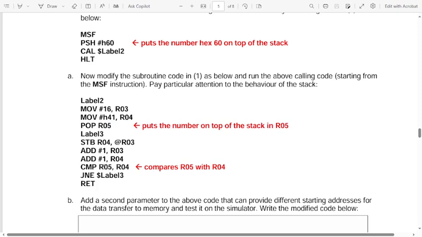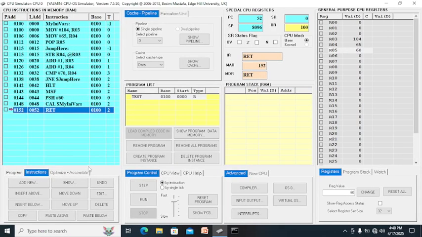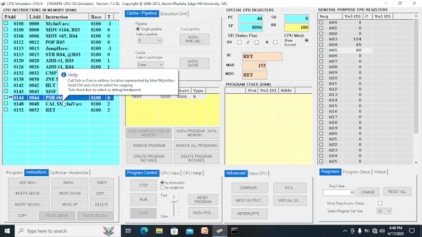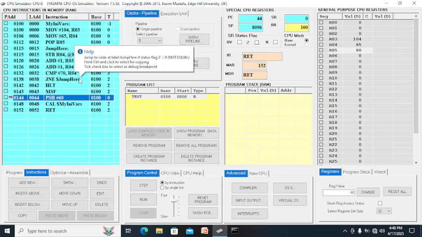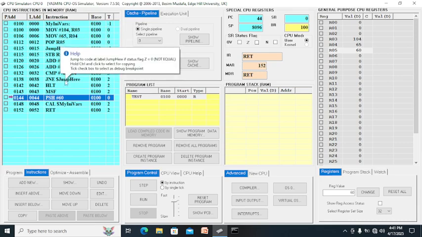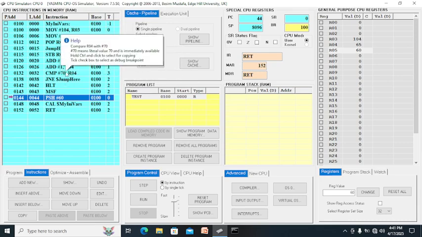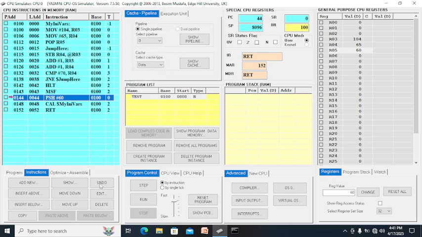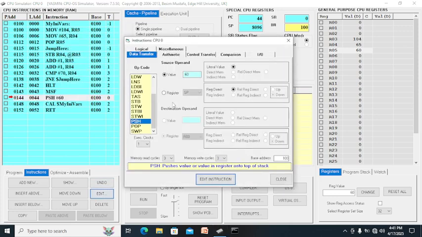Instead of compare, because from here we are pushing our 60, you can change this to 60. We push 65. See, we're going to pop to R05, and from here you can compare R05. Let's say push 70.